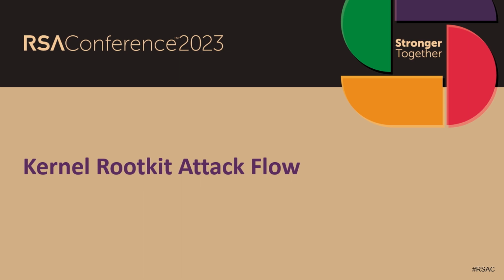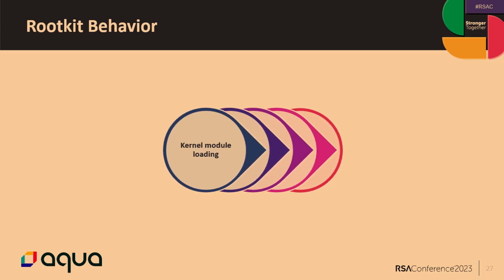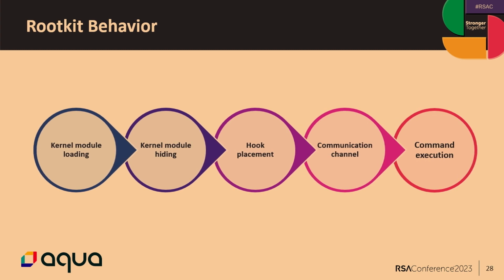We investigated around 30 rootkits that we could get our hands on, things that were public, and also things that we saw as part of our threat intelligence. And after analyzing them, we saw a pattern. We see that most rootkit implementations fall into this attack flow. It always starts the same way. There are only two ways to load a module.